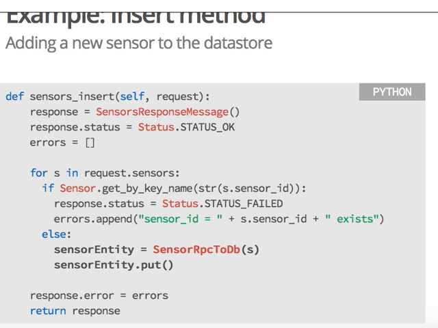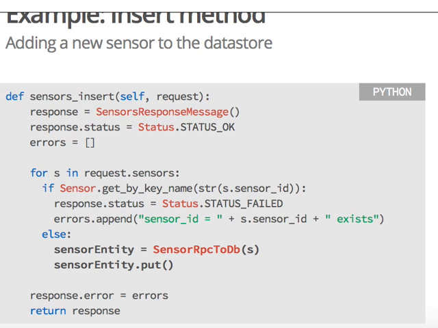I guess I didn't include the type of a sensor request message, which inside contains a collection of sensors we want to add. So you see it here in request sensors. So basically, that's the code. We go through this collection of sensors passed to us in this request. We check if this sensor doesn't exist in our data store.